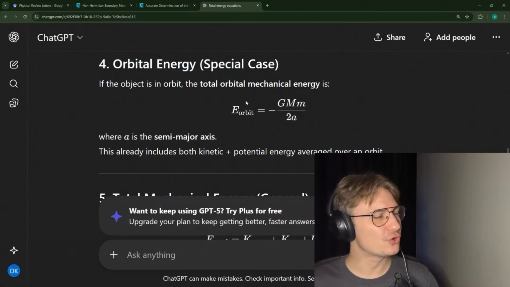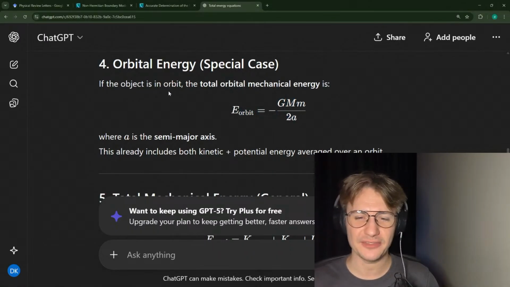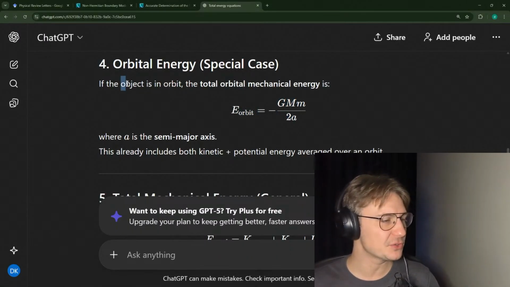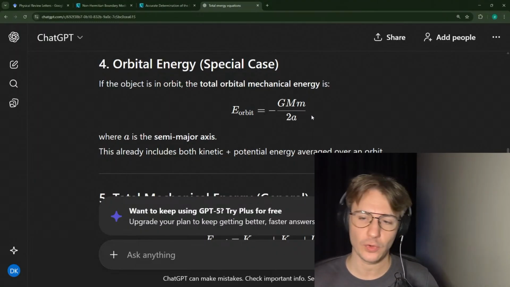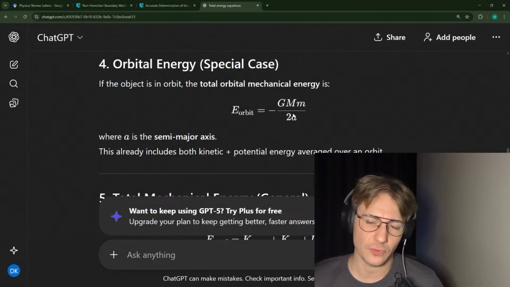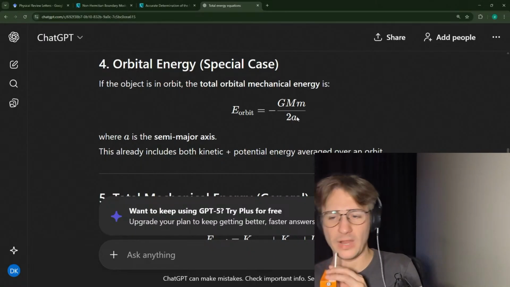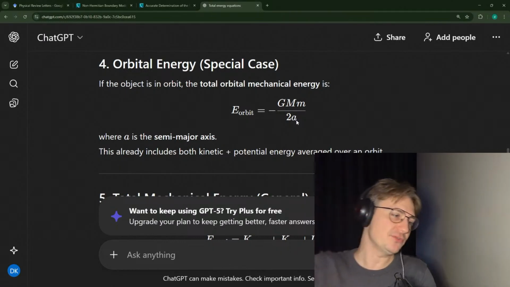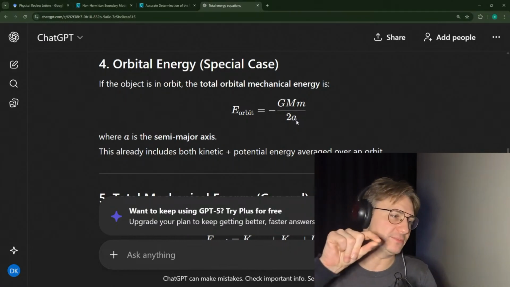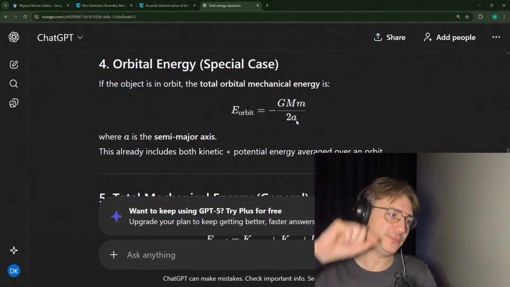Oh look, there's a quick formula for adding all of those different energies together for an object that's in orbit. So if you want to know how much energy it costs just to have your ship in orbit, there's actually a closed form calculation that's really tight. Where A is the length of the semi-major axis. So you've got an elliptical orbit. A is measured from, it's not the middle, but it's like the middle of the ellipse.